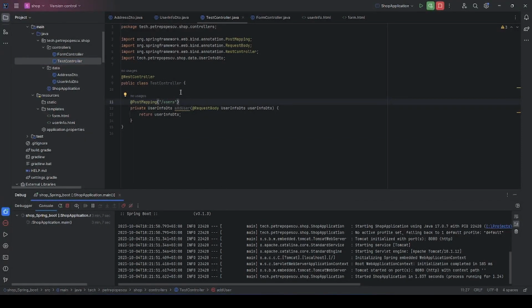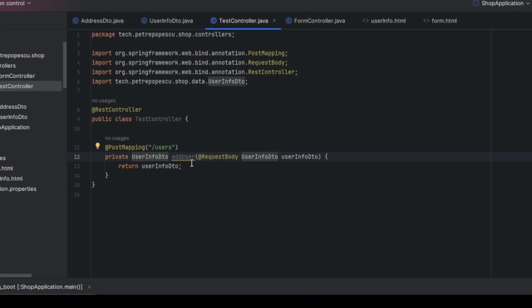First, I created a simple REST controller, which has one endpoint /users, which is of type post mapping. This means that we can send information using a post request to this controller. This endpoint accepts in the request body, which is identified using the annotation @RequestBody, and accepts one user